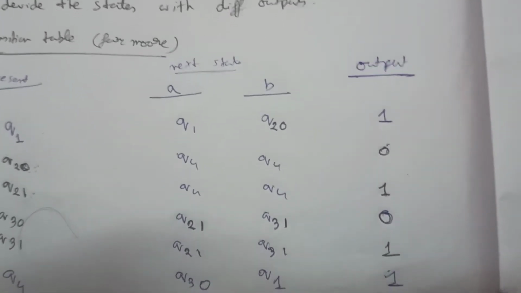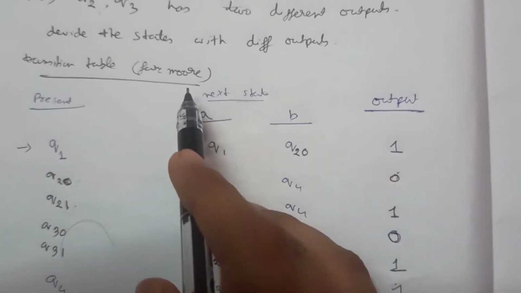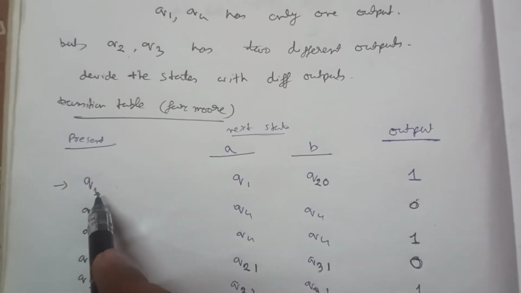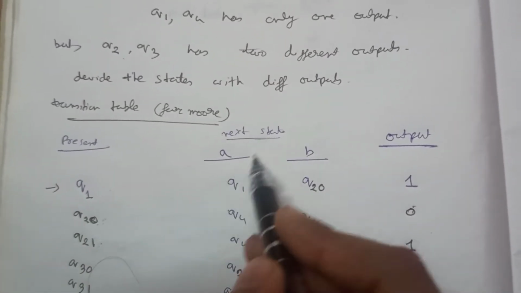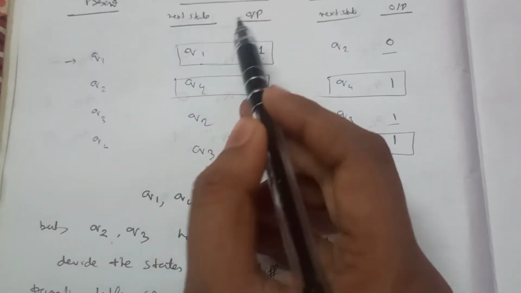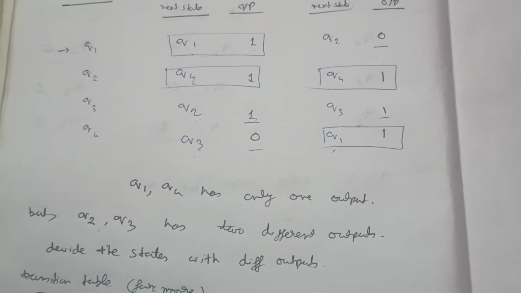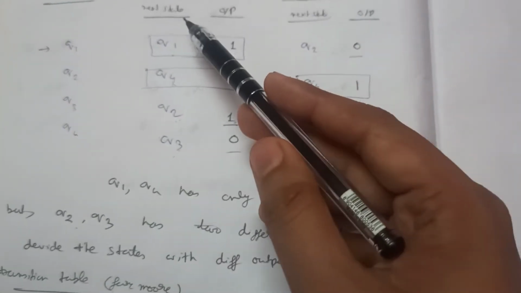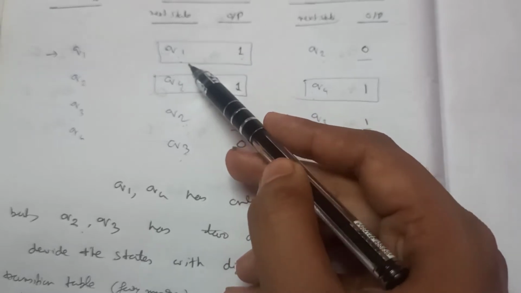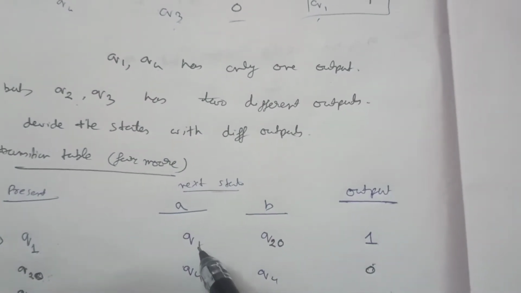So now see, this is the main part: how to make the transition table for the Moore machine from the transition table of the Mealy machine. So see, for q1 first I will just copy the states. For q1 it will go to state q1 with output 1. So we do not need to write the output here. For q1 it will go to q1, I know, but q1 is not divided here, so we do not need to check the output.